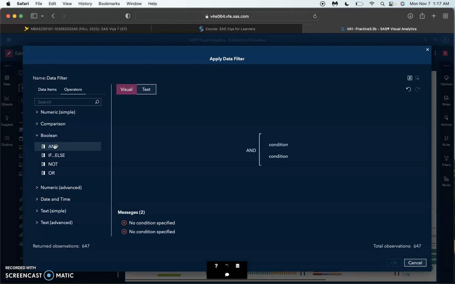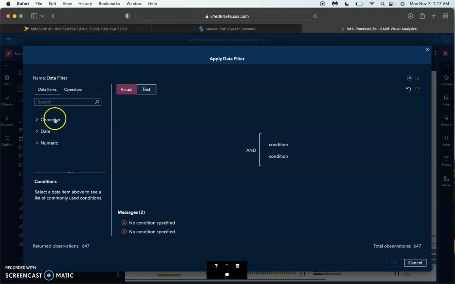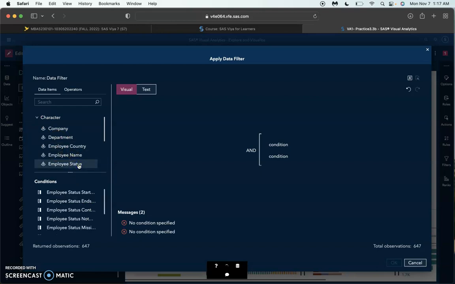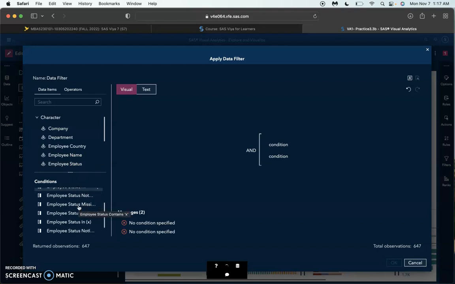And then on the left, we're going to click data items. We're going to expand character, and then we're going to select employee status, and then we're going to double click on employee status,